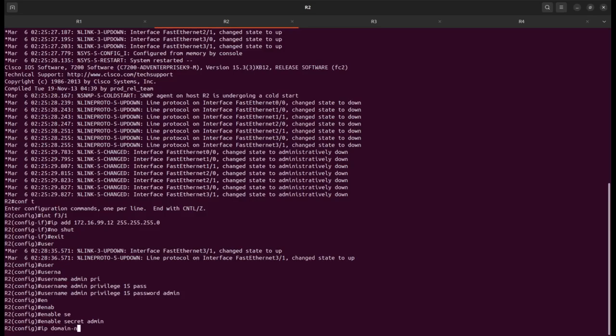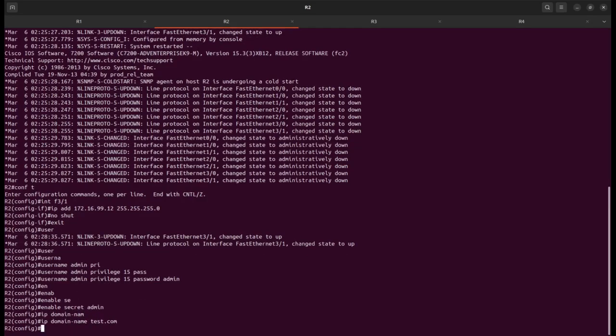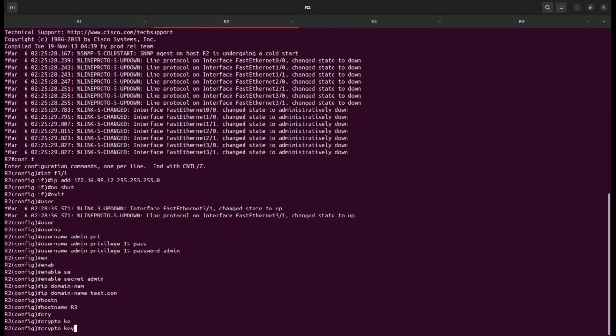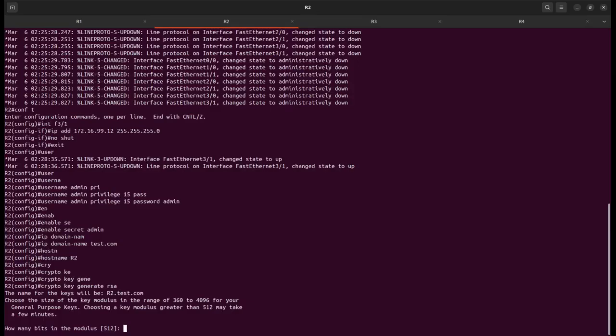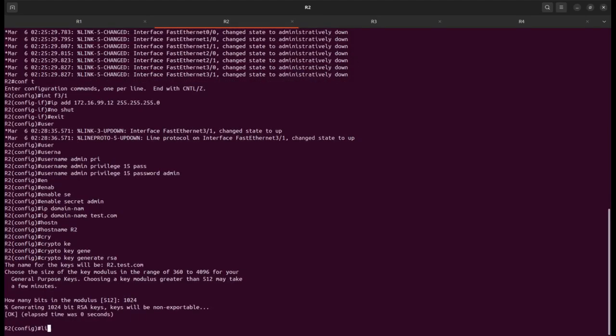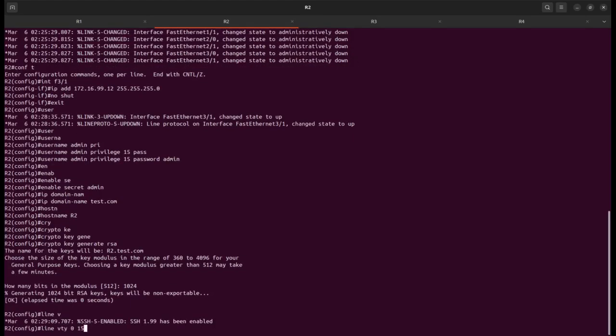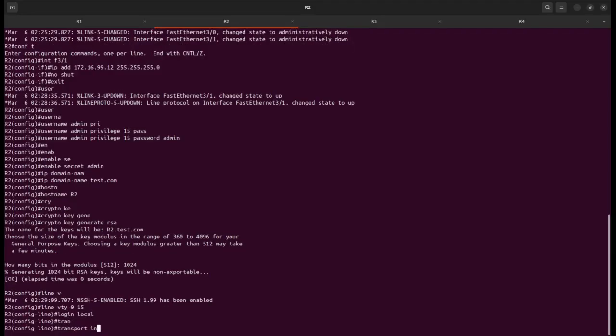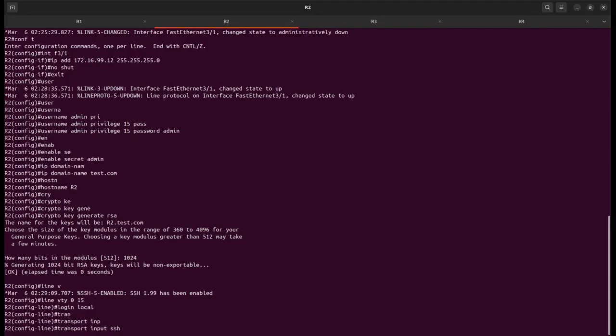Domain name of test.com. And hostname of R2, generating the RSA key, 1024-bit key, going into the VTY lines, transport input SSH,